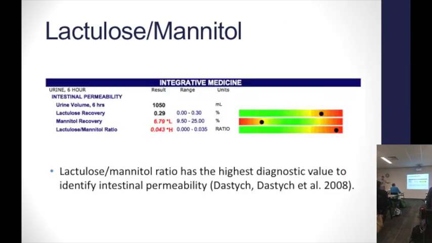Now, this would be a report that you get from Nutripath, a functional pathology company. The lactulose mannitol ratio has the highest diagnostic value to identify intestinal permeability. So within clinical practice, this number right here is what you want to be looking at. This is the most researched marker of intestinal permeability. However,